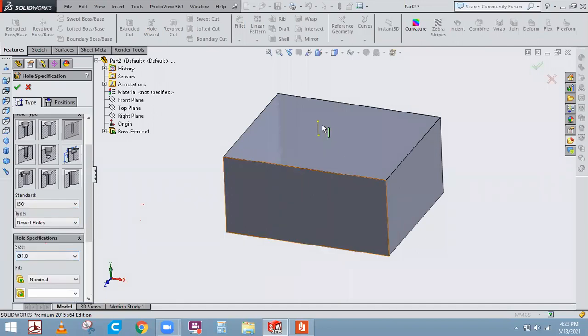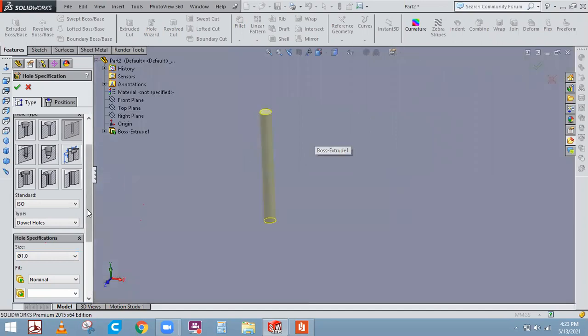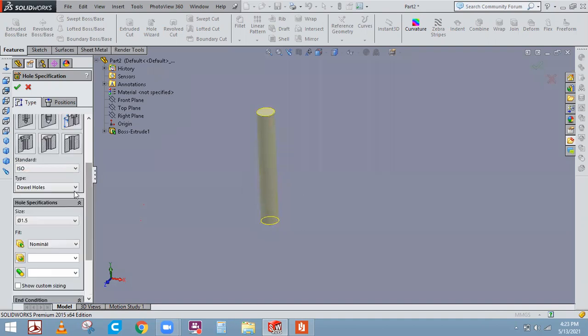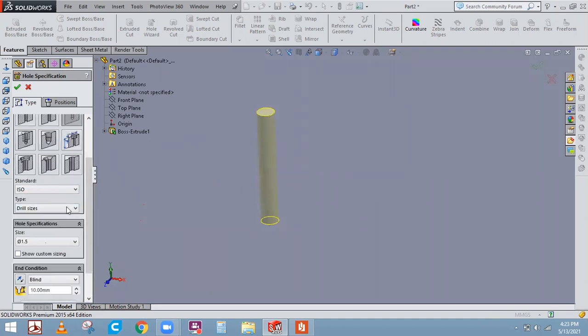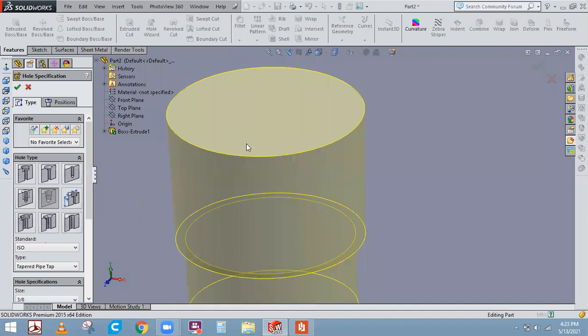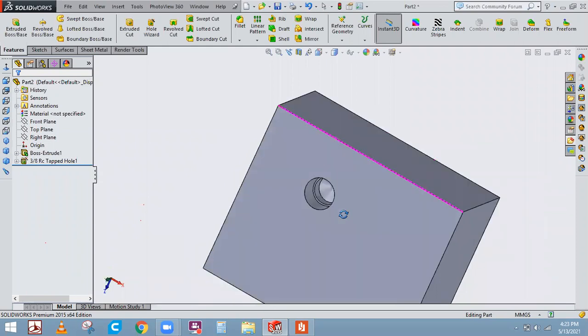This is a screw type of hole. If you want to change the dimensions and all, you just come down and you can notice the values here. Now it is blind. You can make it reverse. The hole size is 1 mm. I'll make it some 3 mm. You can change each and everything, customize holes. It's a dual hole. You can make it with drill size, each and everything. Let's go with this kind of hole now. I'll say OK to this, and you can notice the hole has been created exactly. Got it?